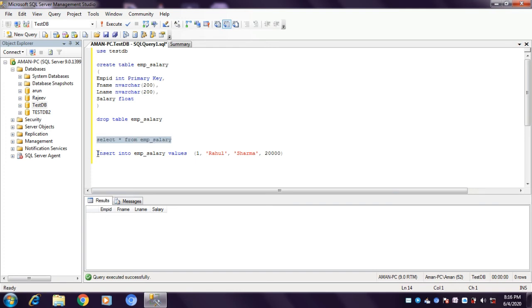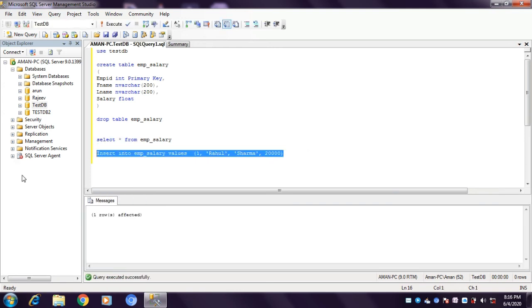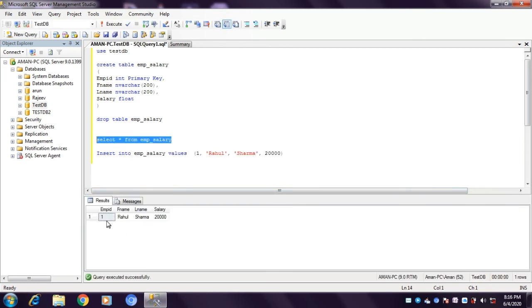Now if I insert this value, it is accepted. We have one record where employee ID is 1, first name is Rahul, last name is Sharma, and then salary.